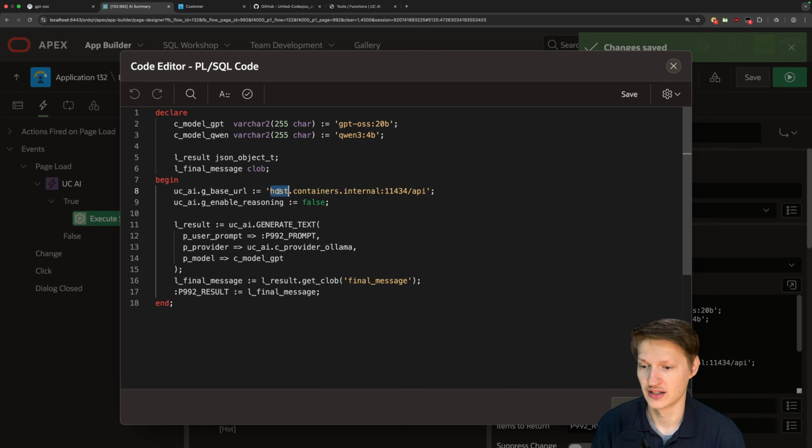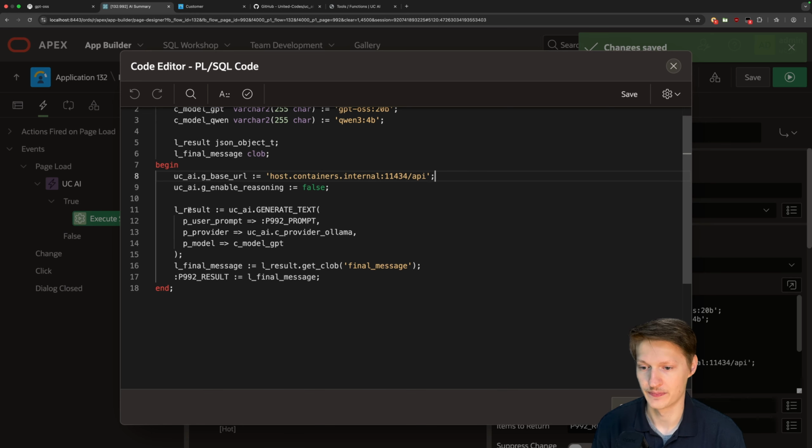So from my containerized database, I just say, okay, on my host system, on this port, and the endpoint is API. If, for example, you run it in your company network, you would maybe put an IP here or something. Then this is the most important call,